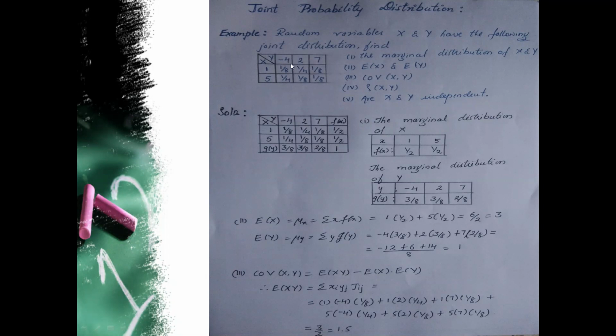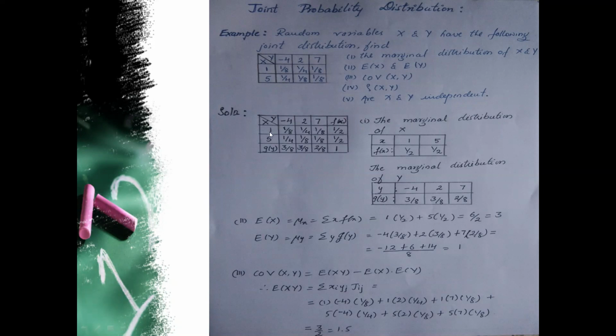The joint distribution table, I will write it again: y values minus 4, 2, 7, and x values 1 and 5, and these are the joint distribution values. Now we'll put one more column and one more row here so that we can write the marginal distributions. Now how to take this value? f of x is written here in front of x. Actually, don't get confused, it denotes the probability that x will take the value xi. So x will take the value x1, the total value will be given here. So we need to add all these values.